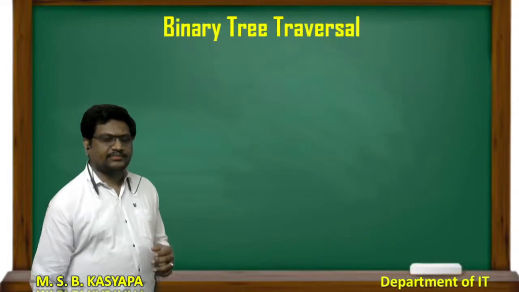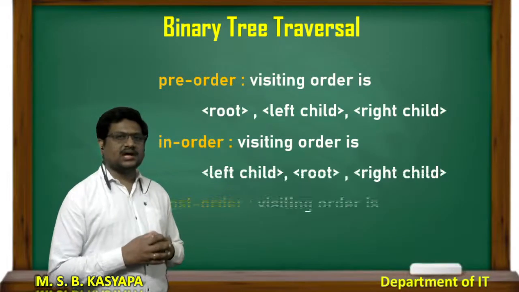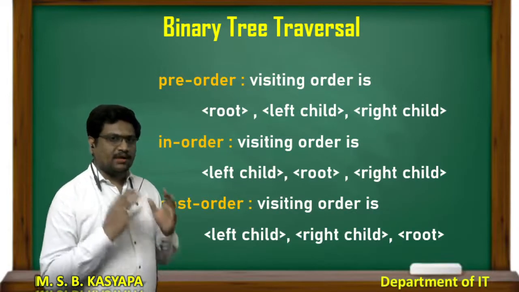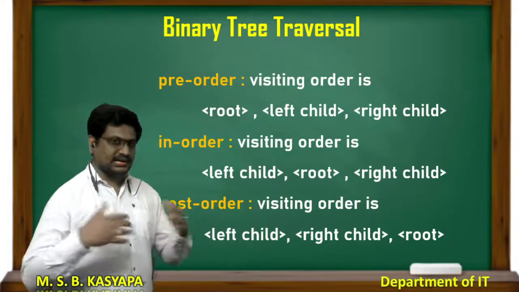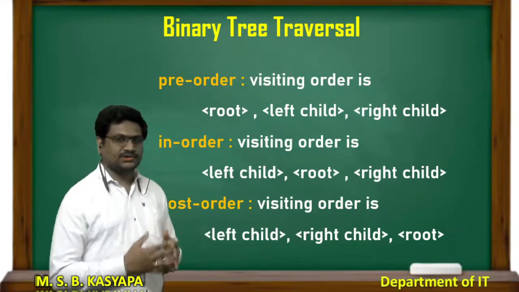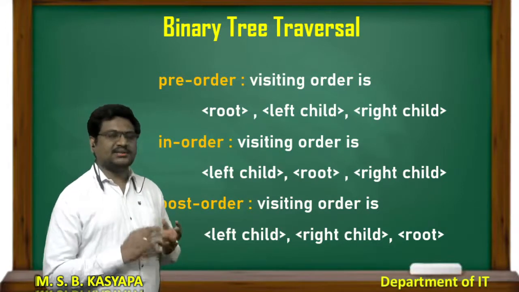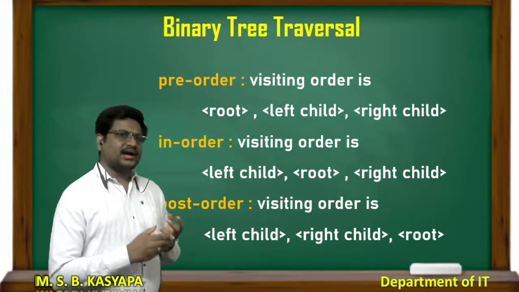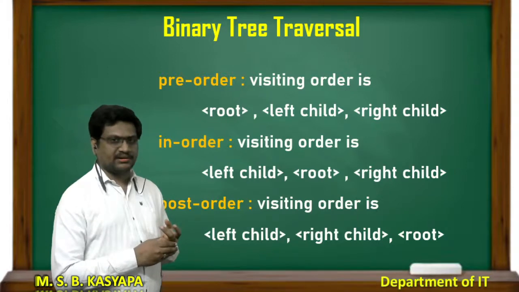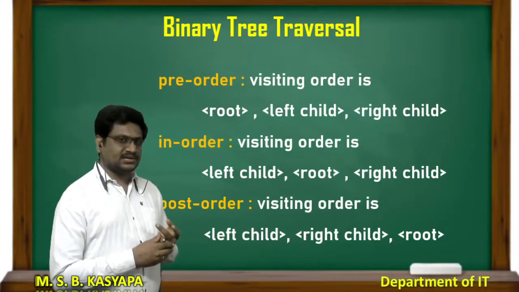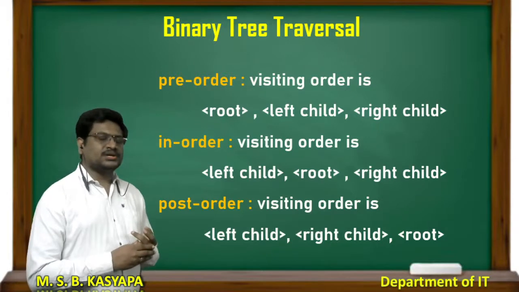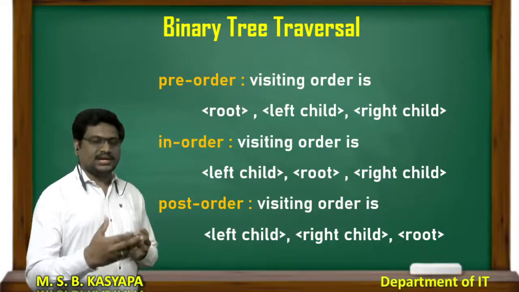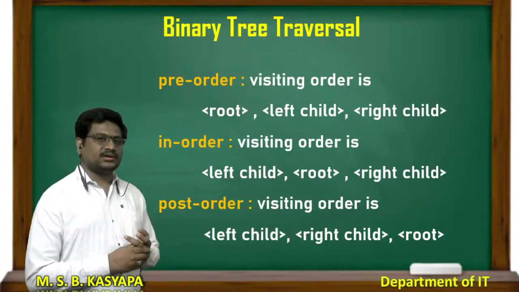Welcome to the data structures online class. Up to now, in the previous classes, we have discussed how we are doing operations on a binary tree. From the past three videos we have discussed the different operations on a binary tree and how we are going to represent a binary tree. We are representing it with the help of arrays and a list. The next thing we are going to cover is the traversals.